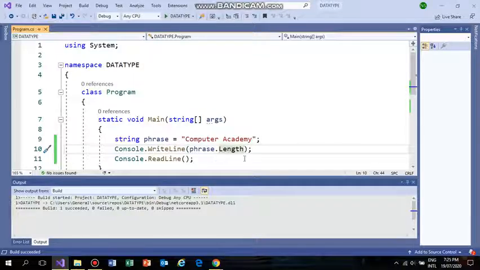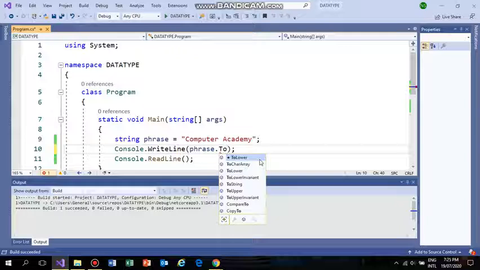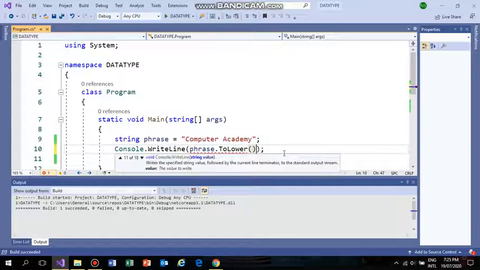For example, now if you want to know how many lowercase letters are in Computer Academy, I have to type ToLower and then it will automatically convert. ToLower is the function, and it writes and specifies the string values followed by the current line terminator to the standard output stream.